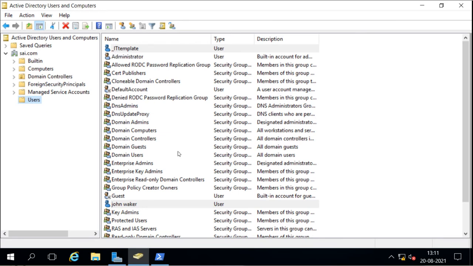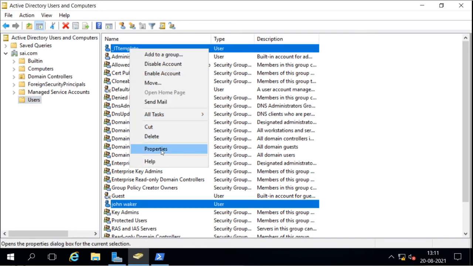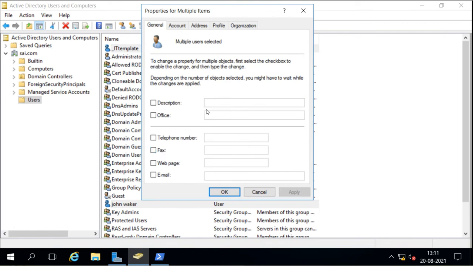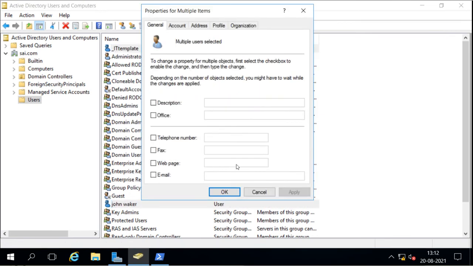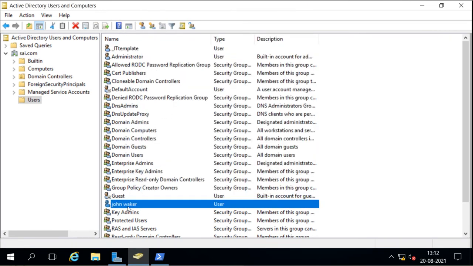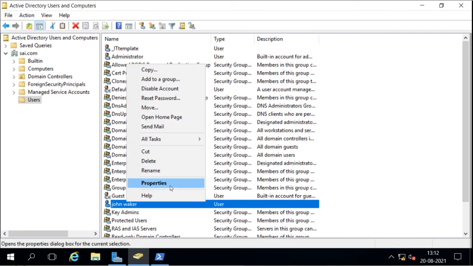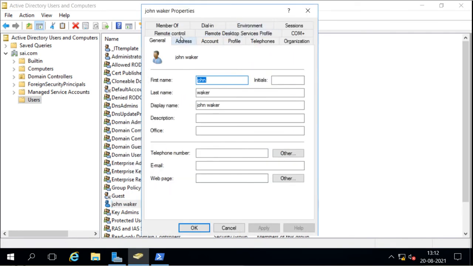Now I want to fill up some information in this template, so that whenever I create a new user, that user will get the same information. So I will right click and go to the properties of this, and here you can see the properties, and you can see this property is different than the normal user. If I open the property for a normal user, we get different properties, with many other tabs.